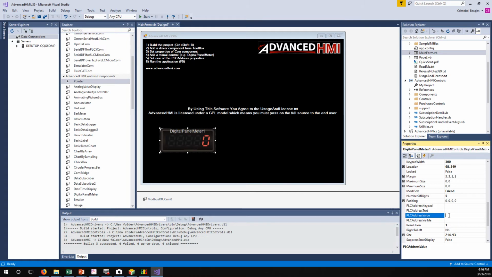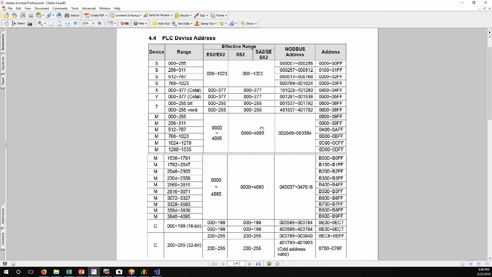So this address value is the Modbus address. You're not going to use D0 or T0 or T1; you cannot use that. You need to use the Modbus address. To find out what the Modbus address is, on your